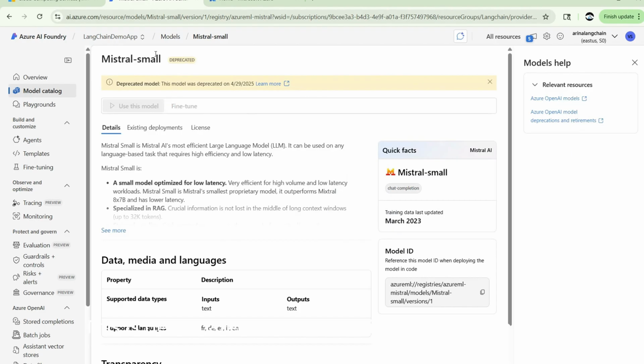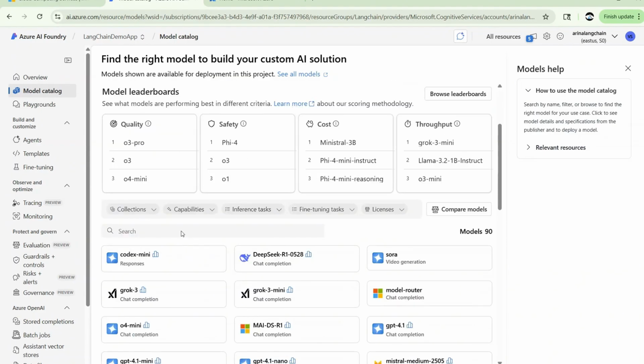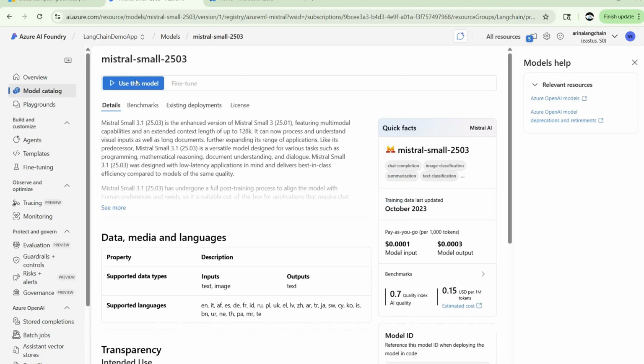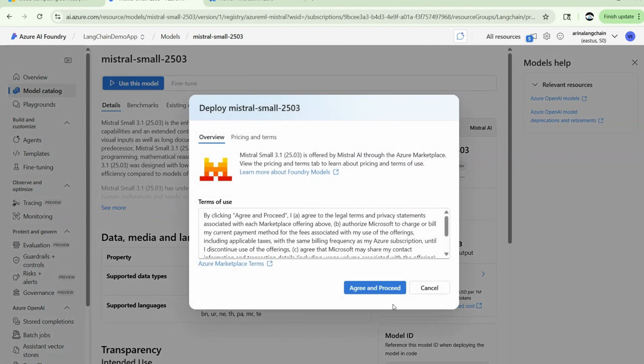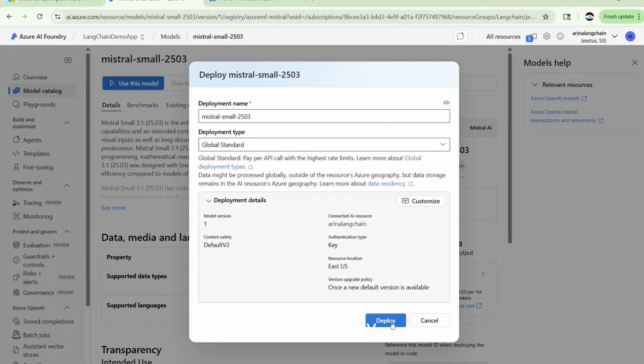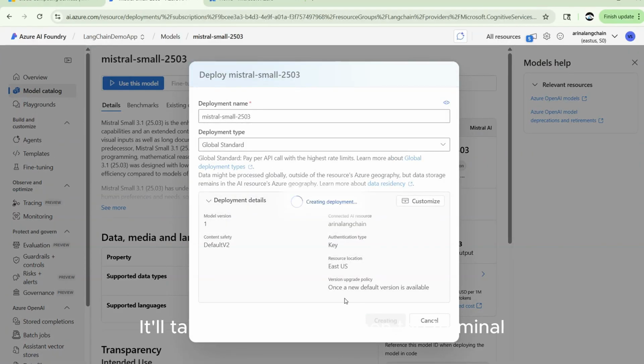Okay, this says deprecated, I can't use this one. Let me go back. Choose Mistral. Yeah, choose the small 2503. This should work. Click use this model, agree and proceed. Click deploy. It'll take a few minutes.